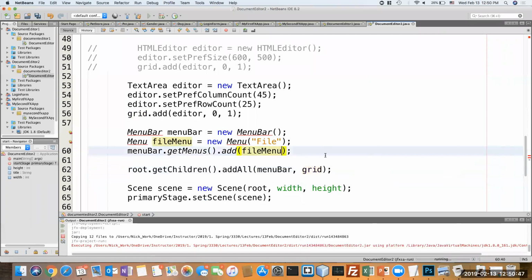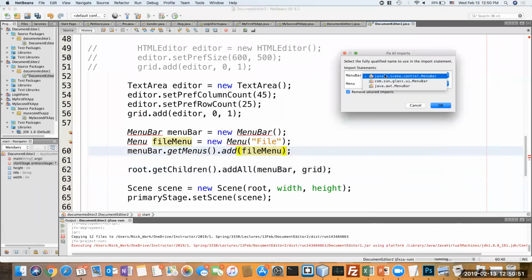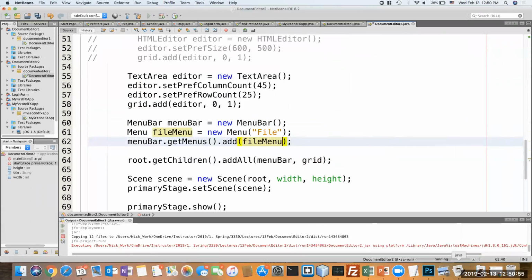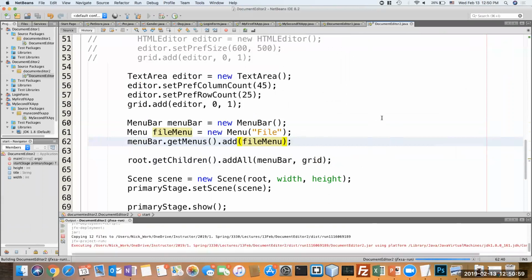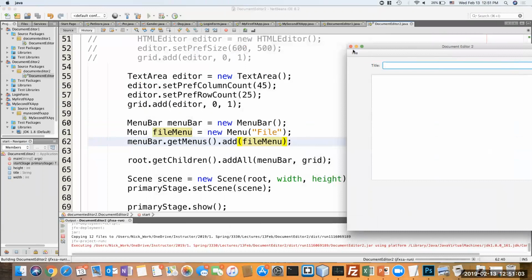Okay, if I do a Control-Shift-I, add my JavaFX imports. Let's see if we can see this, and then we'll get out of here. Up there at the top, you'll see my menu bar. Right now, there are no options. There's the file menu option. If I click it, I could add stuff like open or save or close. That'll be in the code posted